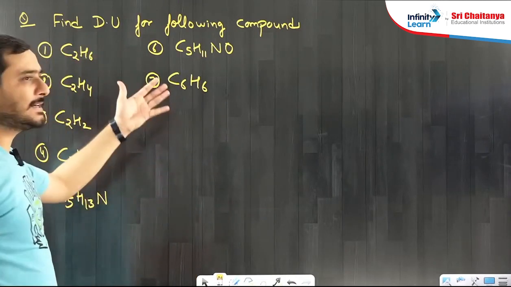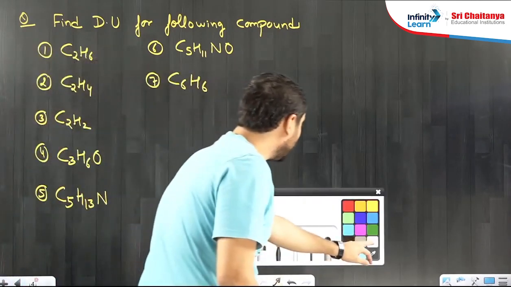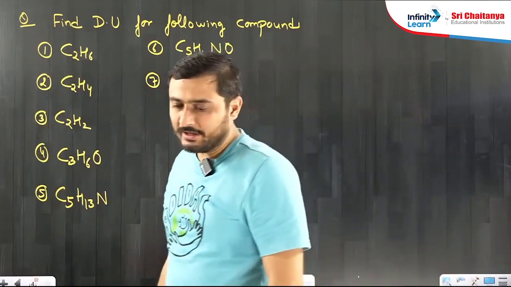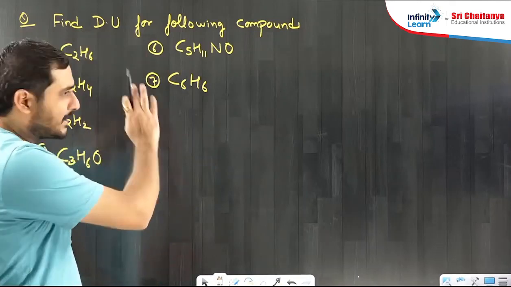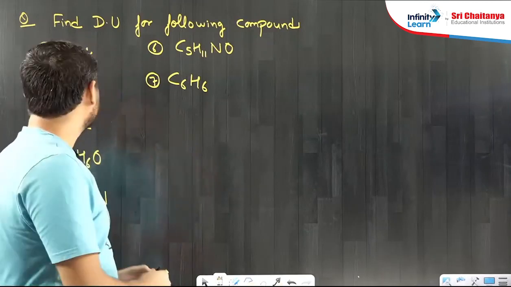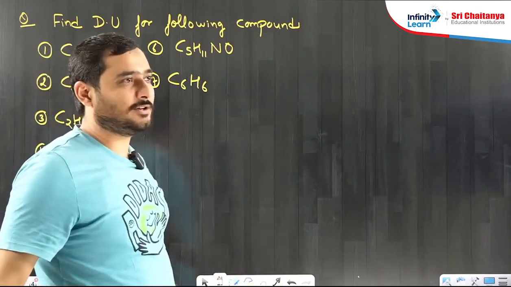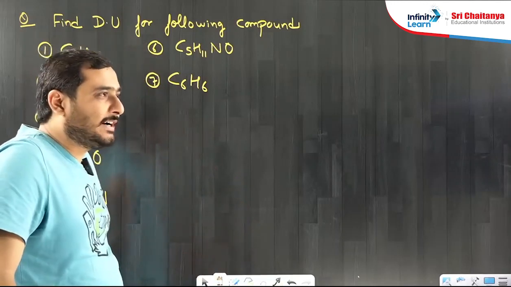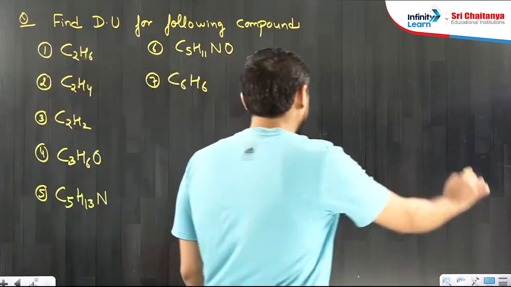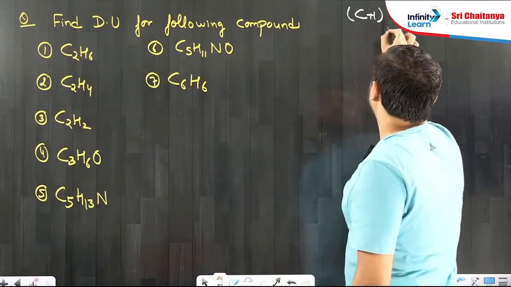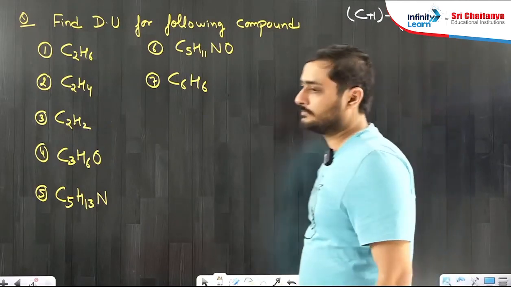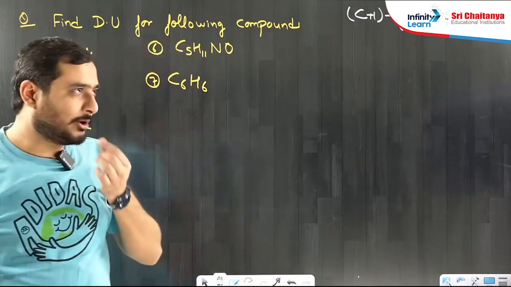So these molecular formulas are given, and we have to find the degree of unsaturation by applying the formula. The structure is not given, the formula is given. First try to solve, take 1 or 2 minutes. After 2 minutes we'll discuss all these 7 and send all answers collectively from 1 to 7. In one single message you have to write all answers. Do not send individual messages. Simple formula you have to apply. I am writing the formula here again: C plus 1 minus H plus X minus N, divided by 2. So you have to apply this formula.